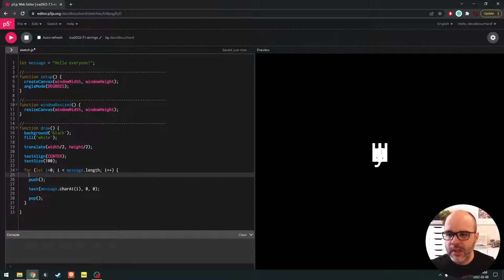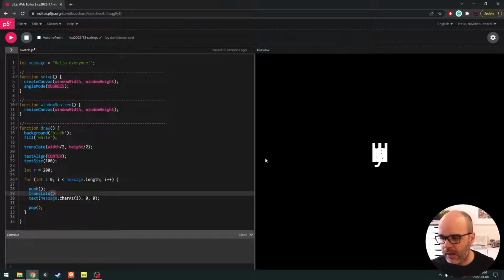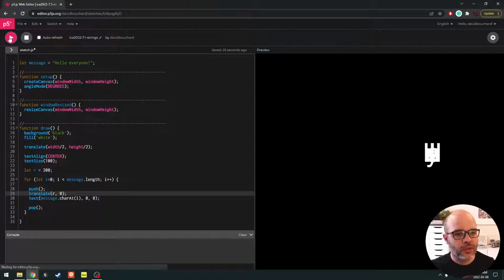So first, let's define a radius. I'm going to call it R. That's going to be the radius of my circle that we're going to move the letters around. So we're going to translate to the right here, by R and 0. This is going to shift our origin over here. Then what we're going to want to do is rotate every letter around